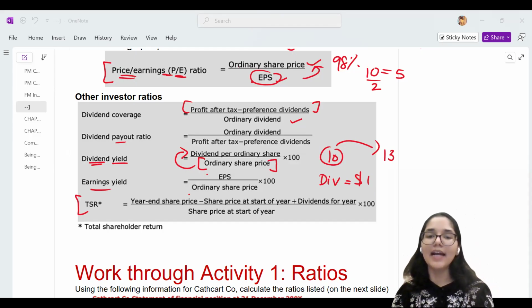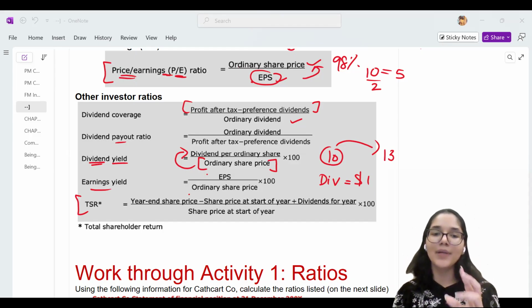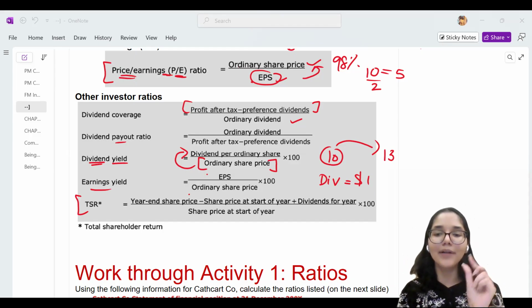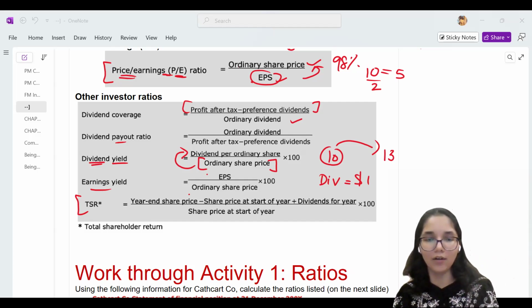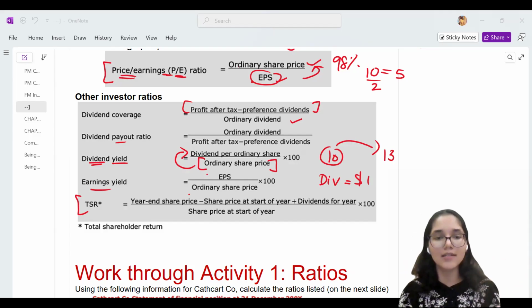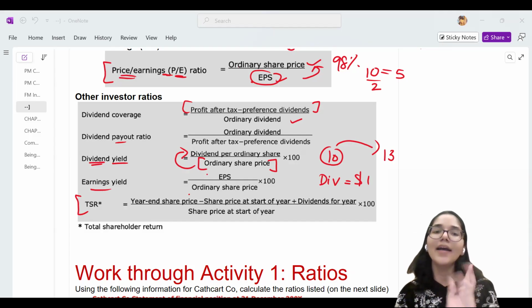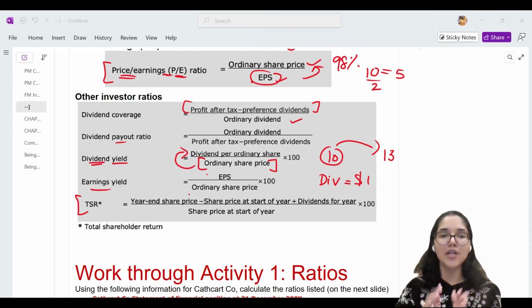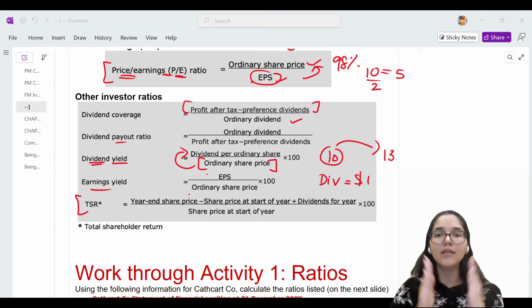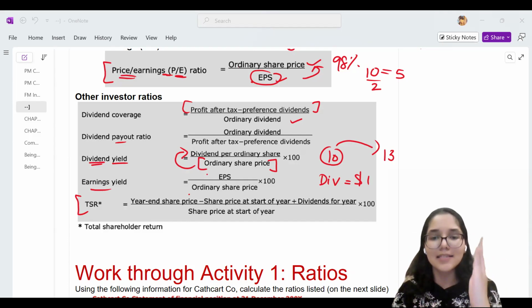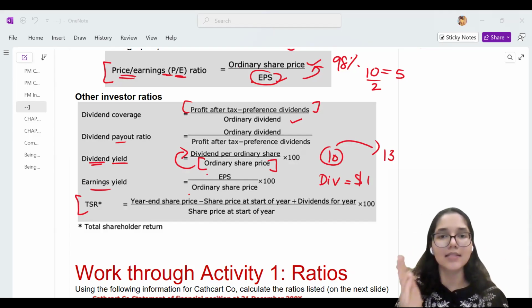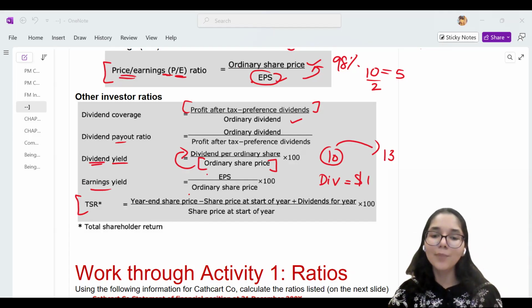Yes, absolutely right, Lekna. One, there's been a capital gain. The capital that I invested worth $10 has now increased to $13. So first I have gained $3 in the capital gain, plus I got $1 as dividend. So shareholders can basically get return in two ways. One is the capital appreciation and second is the dividend. So you add both of the returns.